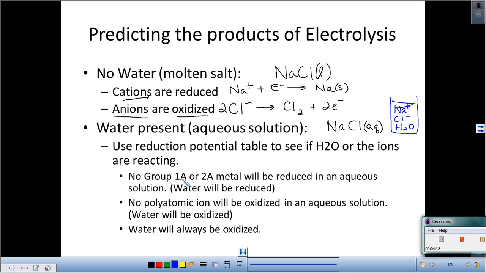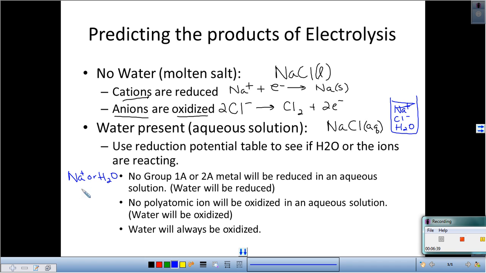Group 1A and 2A metals will not be reduced in an aqueous solution. Now why is that? Well, look at the reduction potential table. If you had water and you had sodium ions, which one's going to be more likely to be reduced? Is it going to be the sodium ions or the water? Well, water has a more positive reduction potential, therefore the water molecules are the ones that are going